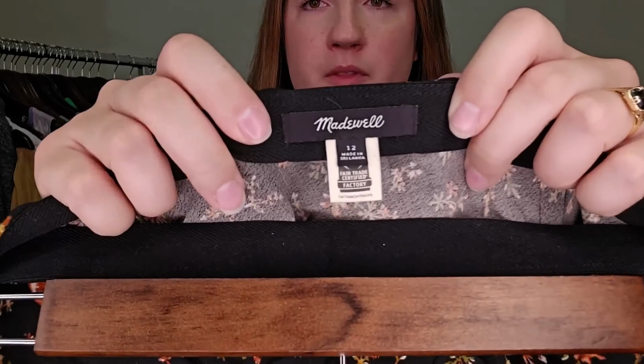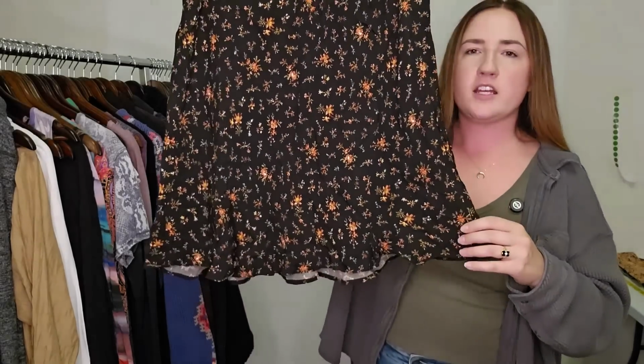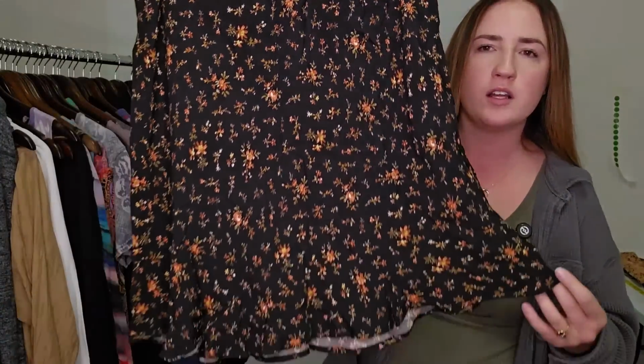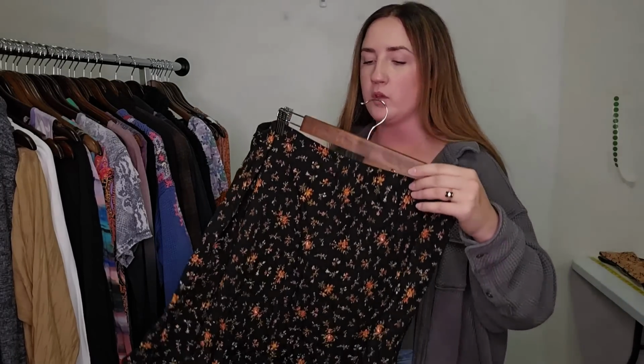Next up, this is more of a little style-based piece. This is the brand Madewell. I actually don't pick up this brand a whole lot anymore, but this is a size 12, so it is a great size. It's also a newer piece made within the last couple of years, and it's just very on trend. It is a dark micro floral pattern. It has a little ruffle at the bottom and it is a skirt. I'm probably only going to list this for 20 to 25 just to make sure that it moves, but again,